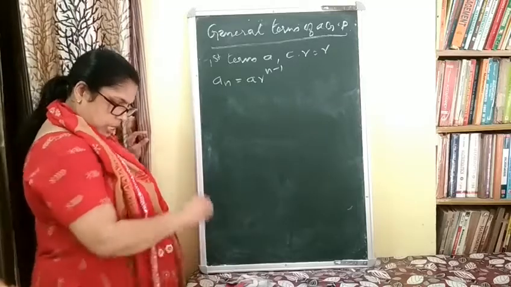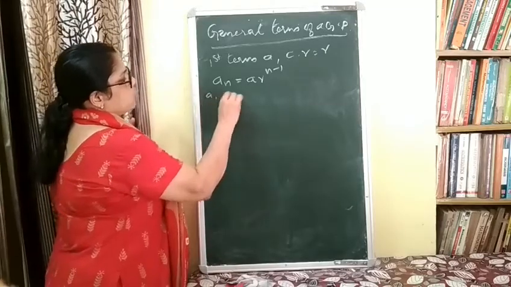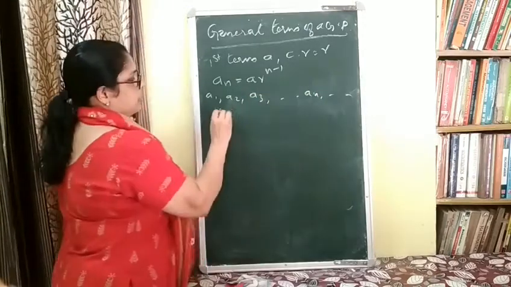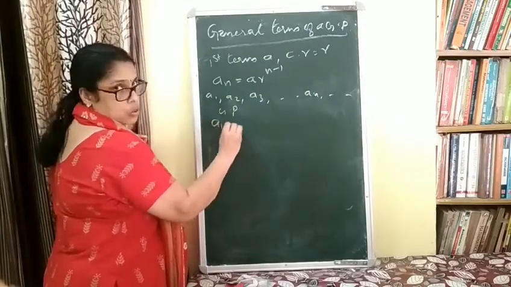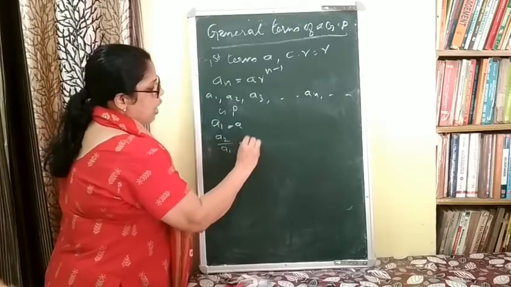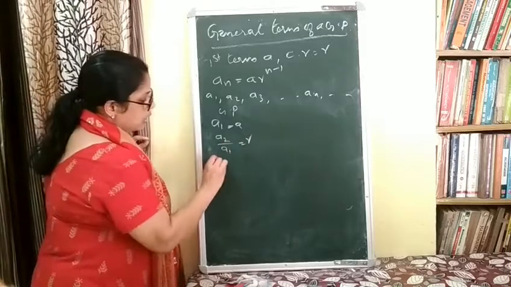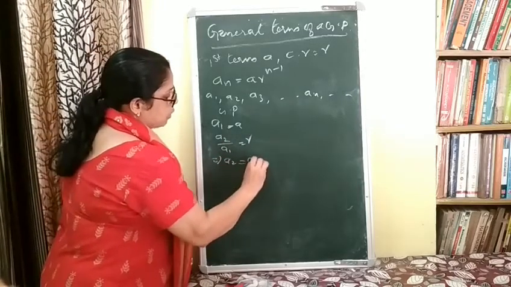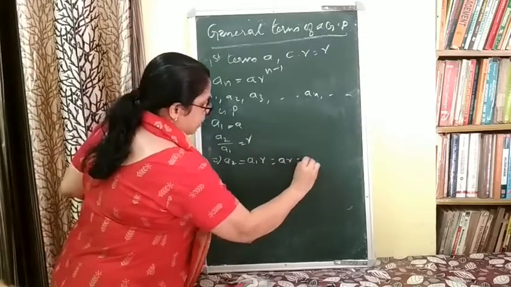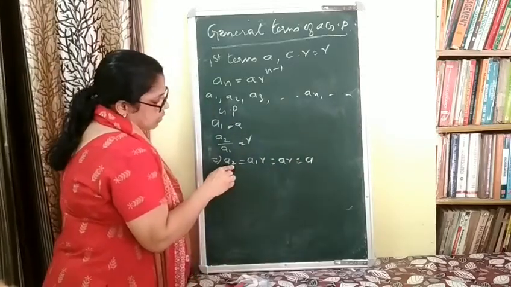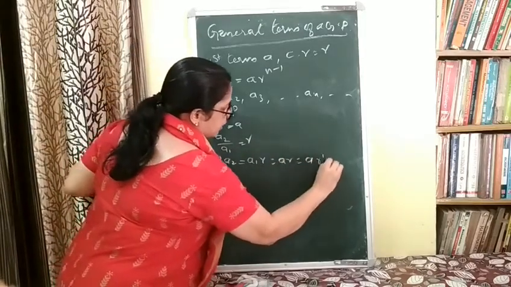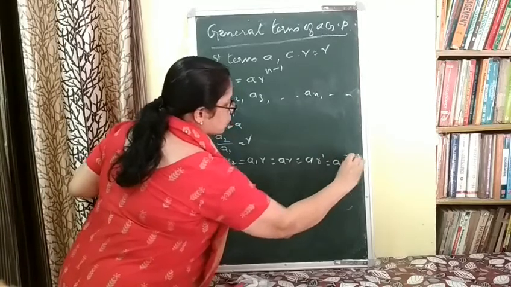Proof is not necessary. Let a1, a2, a3, etc. be the terms of the given GP. Now a1 is equal to a. And a2 by a1 is equal to r by the definition of common ratio. This implies a2 is equal to a1 into r. a1 is assumed as a, that is ar. Now, how can we correlate this with the suffix 2? r is r raised to the power 1, that is a r raised to the power 2 minus 1.